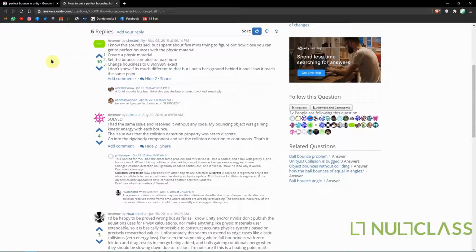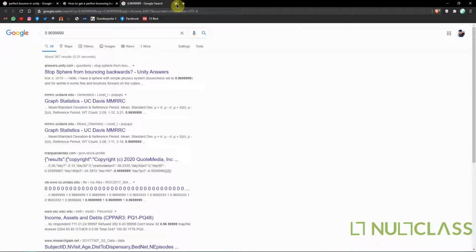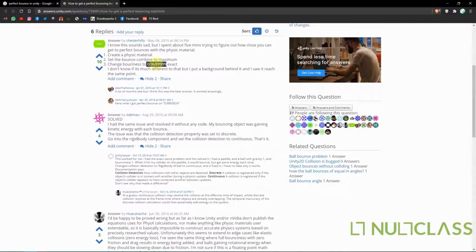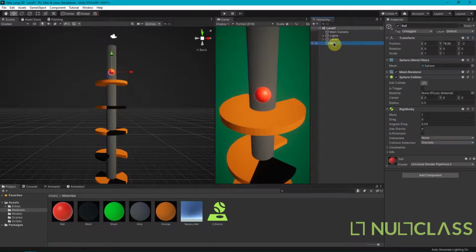So this is an answer by Chester Hilly. So the bounce combine should be maximum and the bounciness should be 0.96999 exactly to get the same bounciness every time. So let's copy it, paste it in our bounciness, and then the friction combine would be minimum and the bounce combine should be maximum. So let's save it, come to our ball, we'll put the Z bounce over here